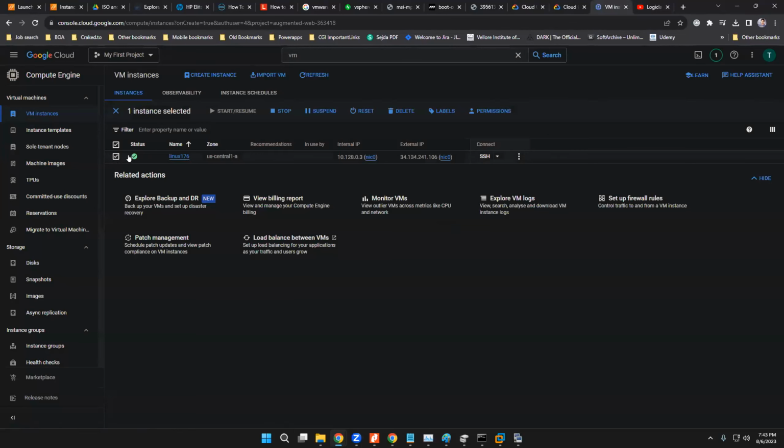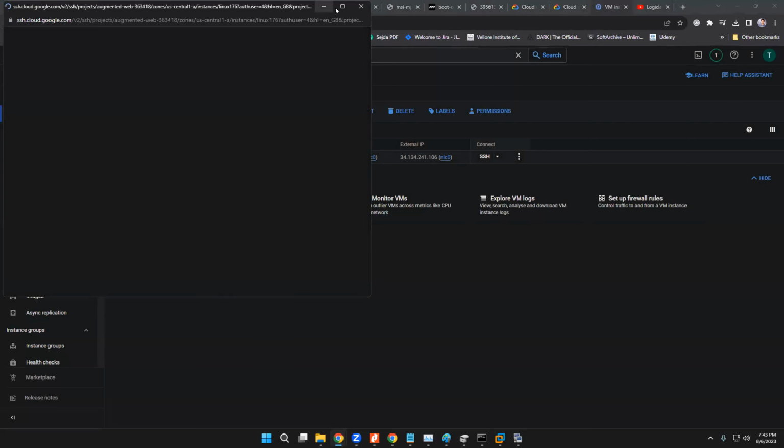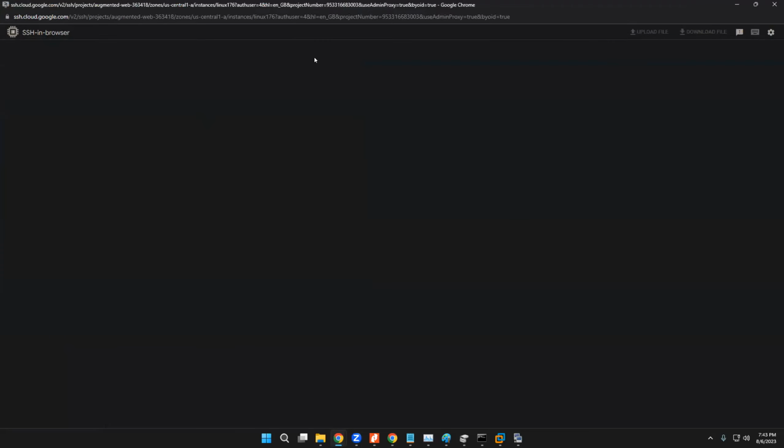So this VM is started. You see the status here, right? The one major good thing about GCP is you don't even need to have a Kitty, also. You can use the Cloud Shell or Cloud Access. So just click on this SSH. It will be opening in